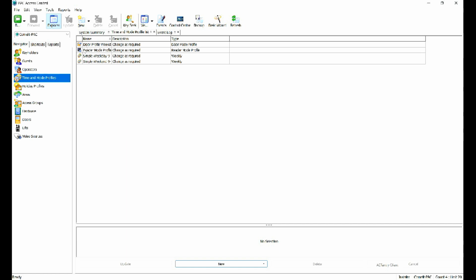Now you have got ones here, simple weekend or simple weekday. Let me expand this column here. So we have 9 to 5 weekdays, 9 to 5 weekends, and we have 9 to 5 for the door reader profile, the reader mode. So what we can do, let's create a new one,